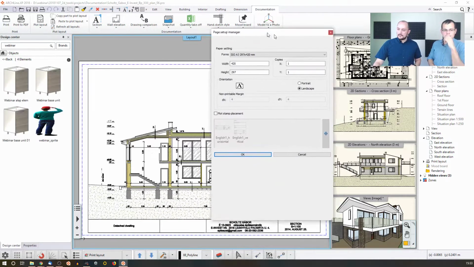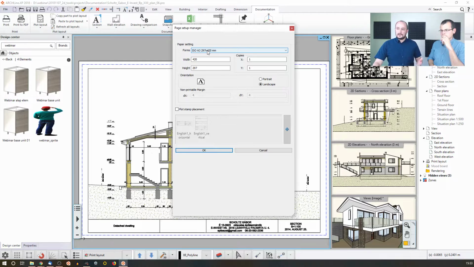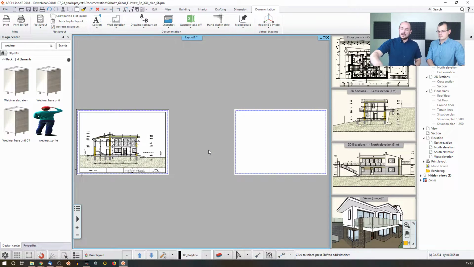And it's actually on the other screen. So it will be, I don't know, ISO A3 or A4. I can set up. I think it should be landscape. I can add my stamp as well, I mean the title box as well. But now I just skip that and just say, okay, do that. See, now I have a new page, and this way I can just create new other pages right next to it. The software won't